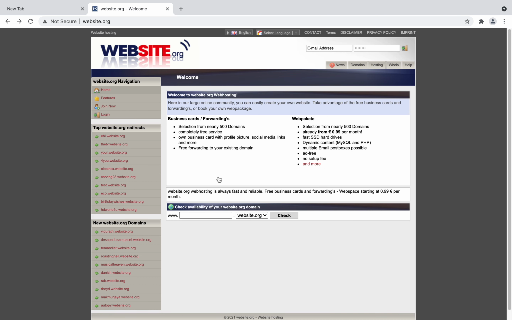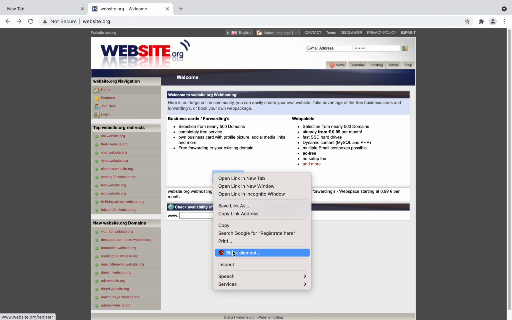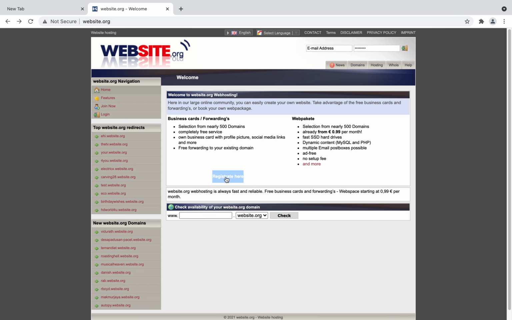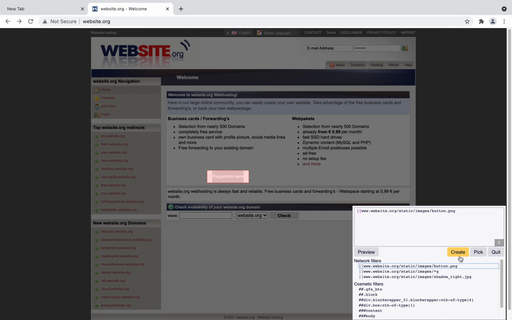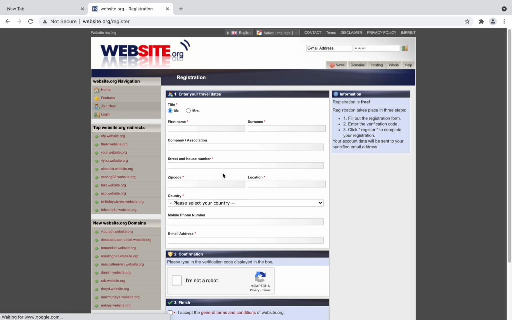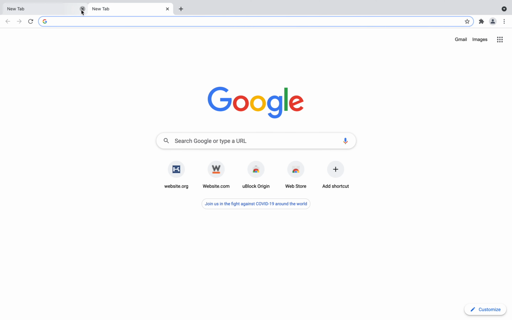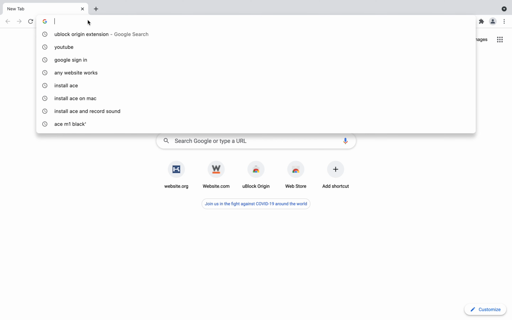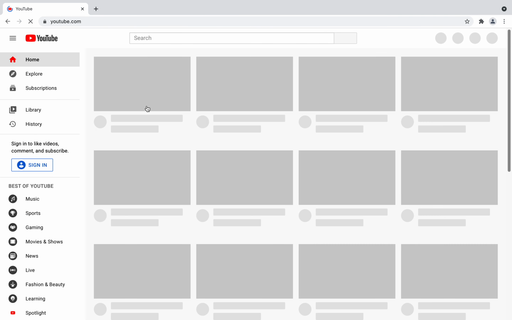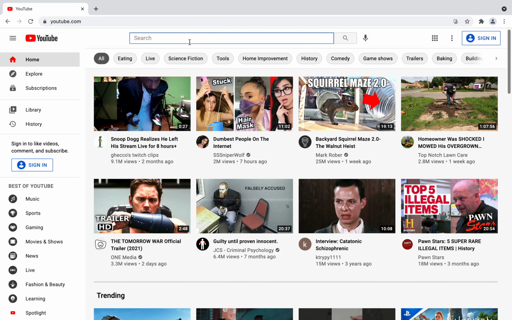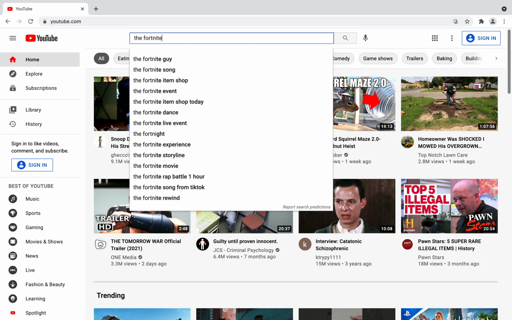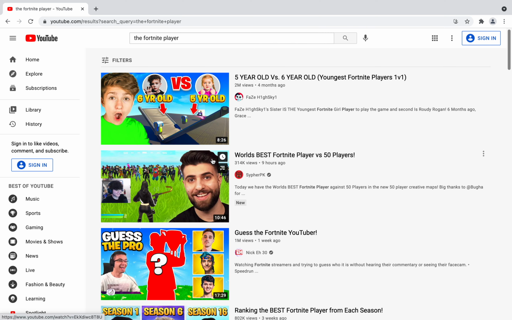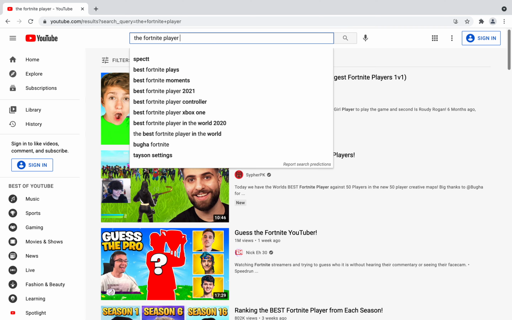So we're gonna go back and let's block the element again. And this isn't making it go away, but if you want it to go away, so just say you want to go to YouTube and you're in the Fortnite player channel,